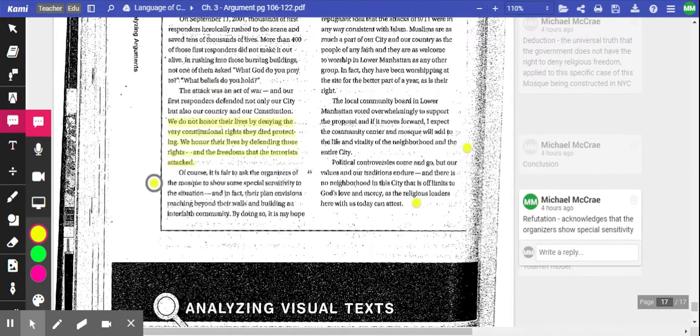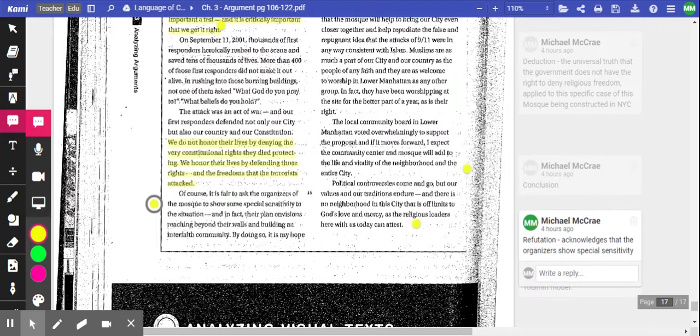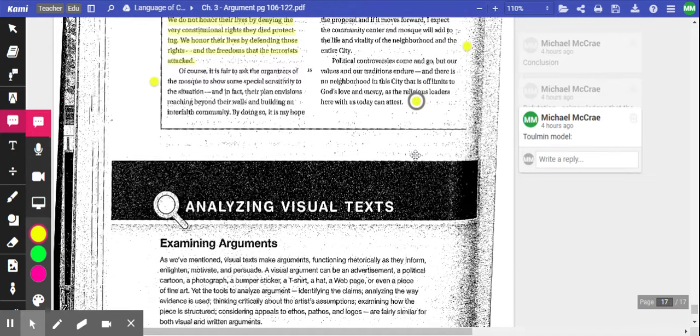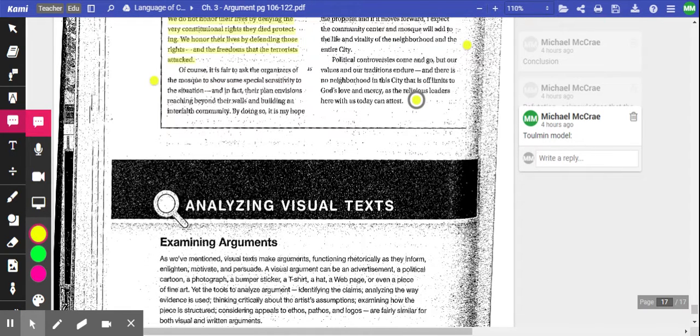The refutation, or acknowledging the other side. It's not super clear, but it's kind of like providing a caveat. Some more of the conclusion. And then if we apply the Toulmin model,